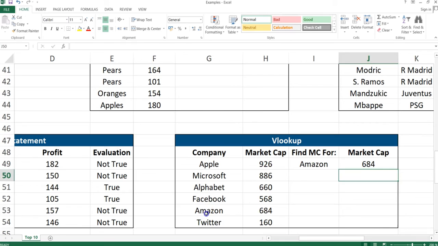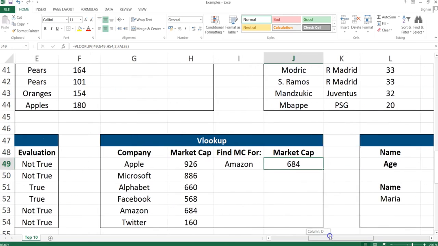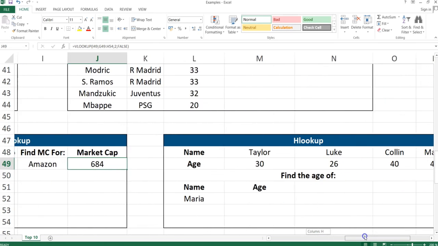So as you can see, Amazon's market value here is $684 billion, and this is what we get using the VLOOKUP formula, which is correct. And now the example for the HLOOKUP